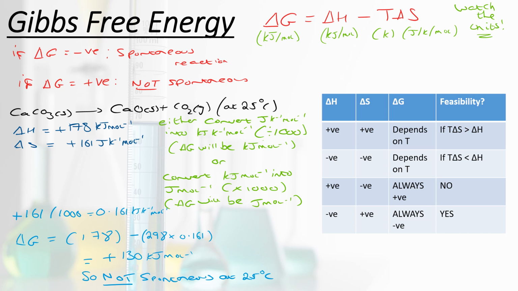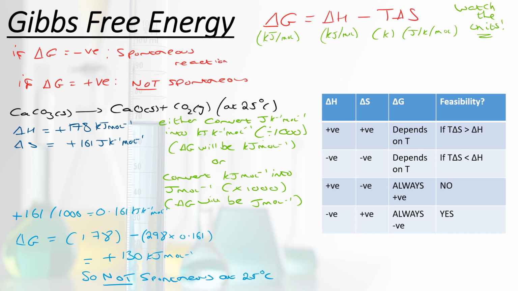And so we can draw up a little table here on the right of whether we have positive or negative enthalpies or entropies, and whether that ends up being positive or negative for our Gibbs. The two easiest examples to think about is if we have a negative enthalpy change and a positive entropy change. This will give delta G always being negative, because if you think back to the equation, we have a negative number minus a positive number. That's always going to be a negative number. So our delta G will always be negative, and therefore that will always be a feasible reaction.